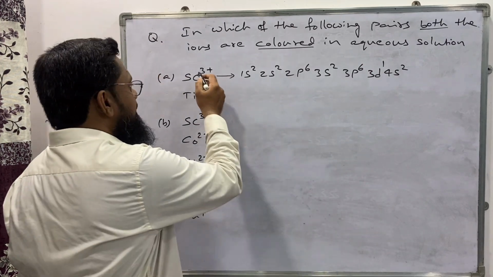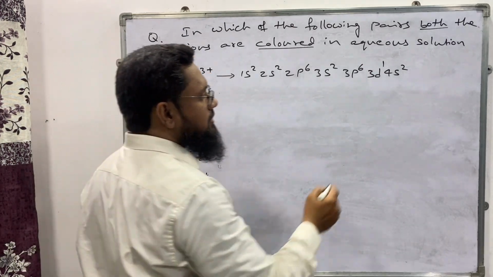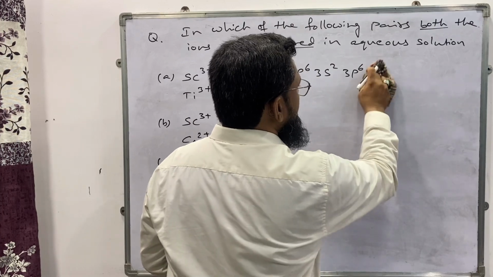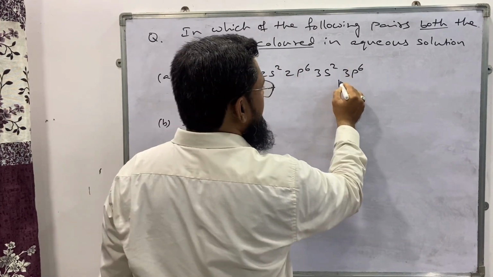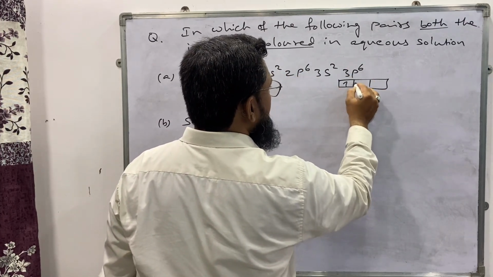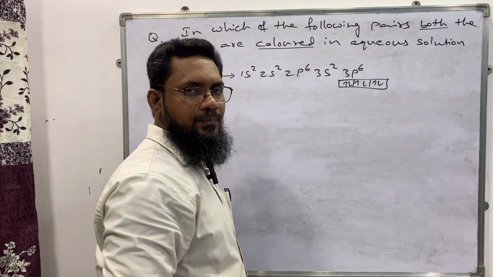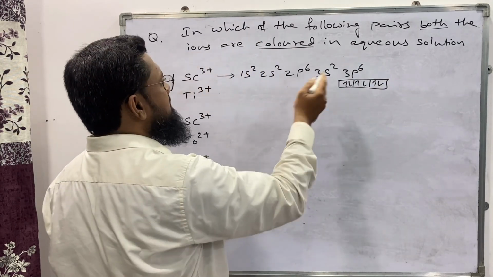Now here 3 plus means 3 electrons are lost. 3 electrons are lost means 2 from here, 1 from here. Means here no electrons. And if you take the 3p6, here 1, 2, 3, 4, 5, 6, means we don't